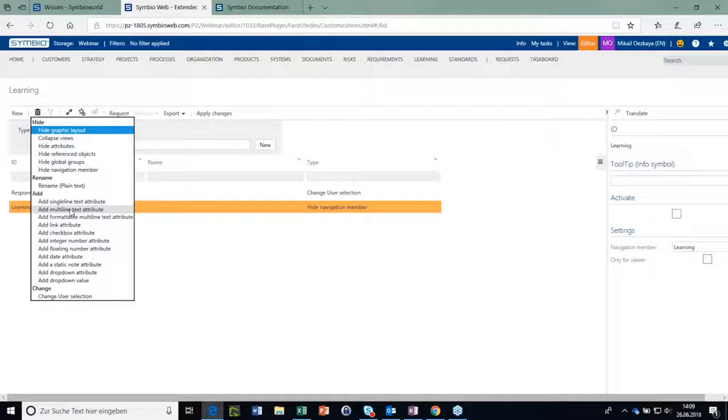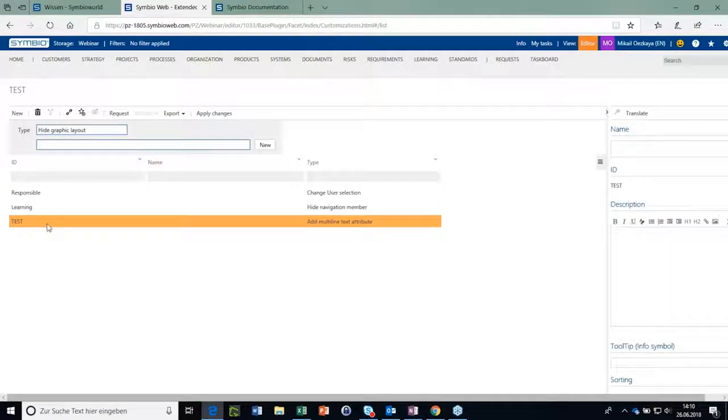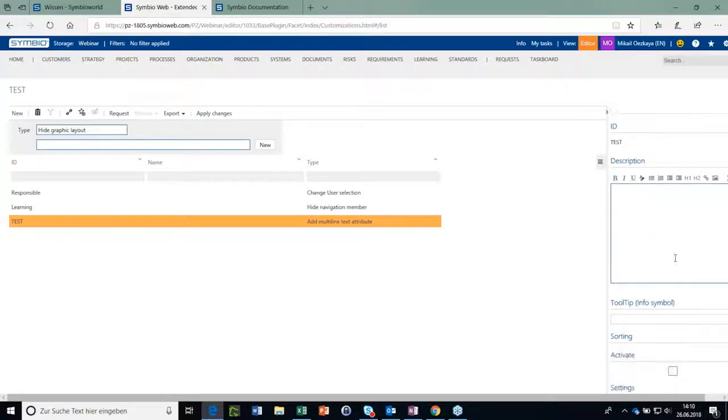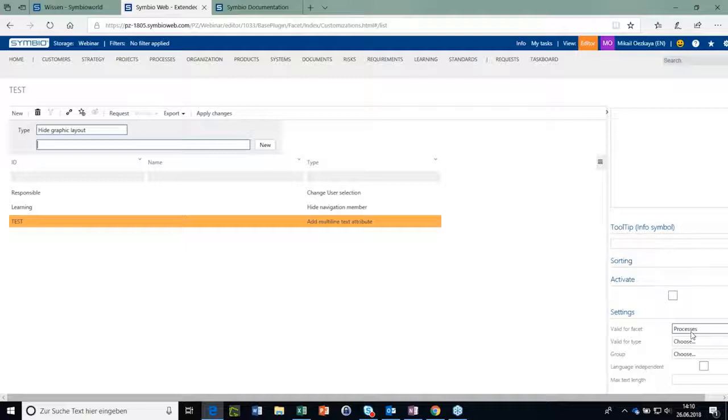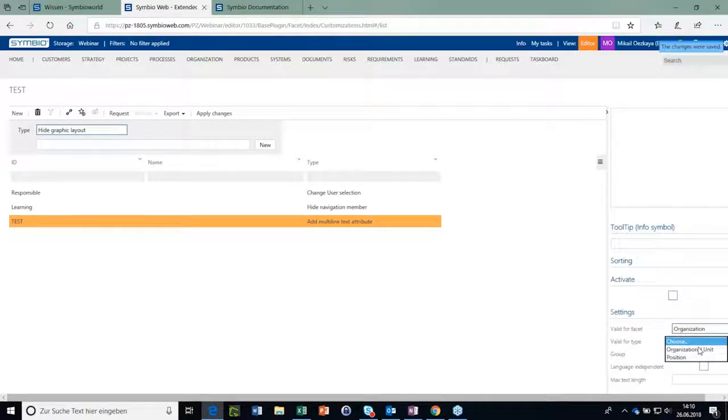For example, the multi-line text attribute, I call it test. Important is that the name is in capital letters because of the API name. So if you want to use this new object, for example, for the manual, you definitely need to have this in capital letters. So after we renamed this, we have to select the facet, for example, the organization and the